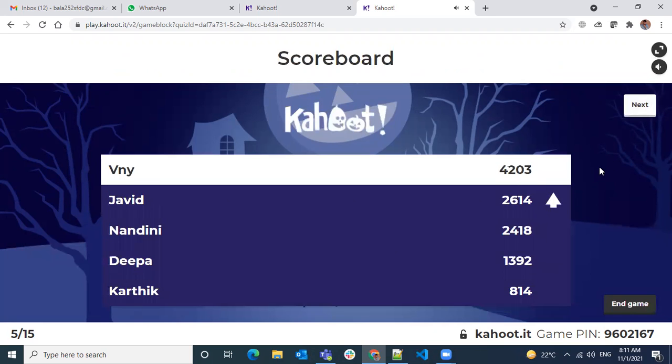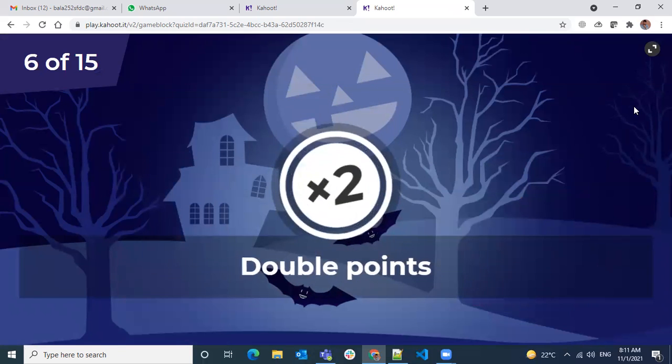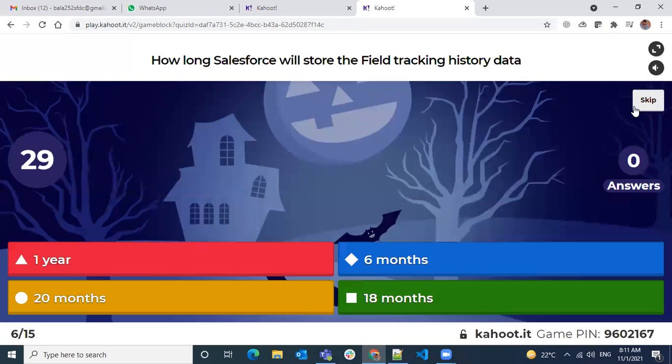Okay, now Java will become 5. Let's see next. Again, double points. How long will Salesforce store the field tracking history data? This might also have been covered, I remember. Just see how sharply you are observing in class.